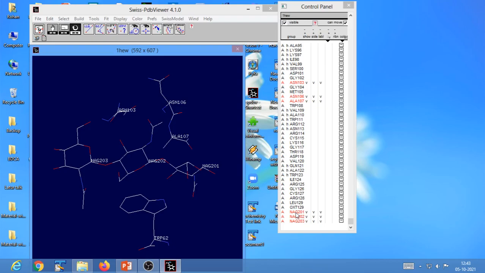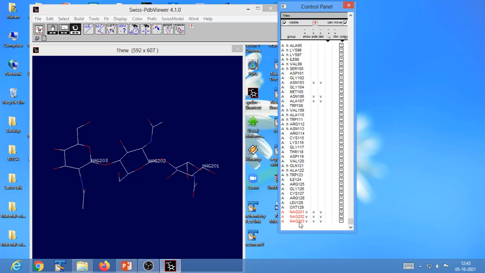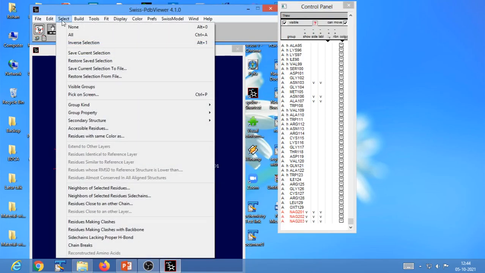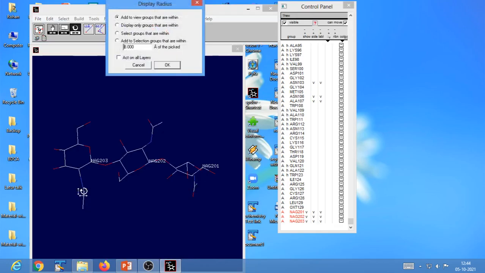So let us try to do these things in a different way now. First let us select and display only the trinag inhibitor, and our objective would be to see how many amino acid residues are present in the 6 angstrom vicinity of this inhibitor, and not just this nitrogen atom. Here is the difference. Now we have selected this trinag, and we would go to select and then select the neighbors of selected amino acid residue. We want to display how many amino acid residues are present in the vicinity of 6 angstrom of your